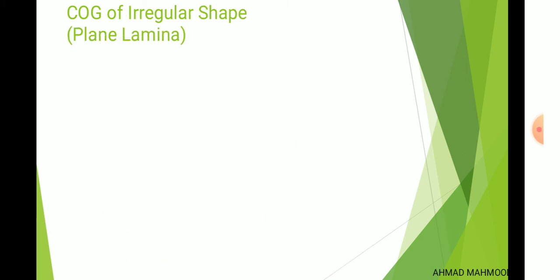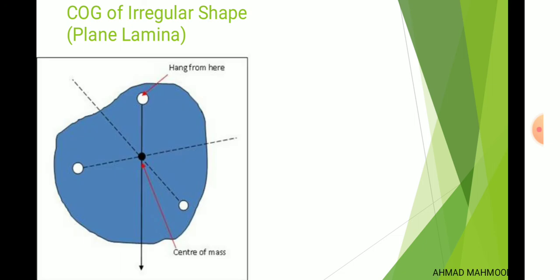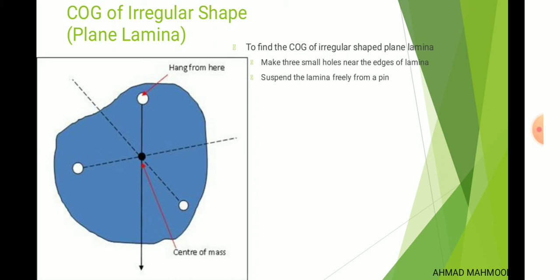Okay, for an irregular shaped object, for example this lamina, which is an irregularly shaped object, you can find the center of gravity. For that, you have to make 3 holes in this lamina, and then suspend the lamina freely from a pin,